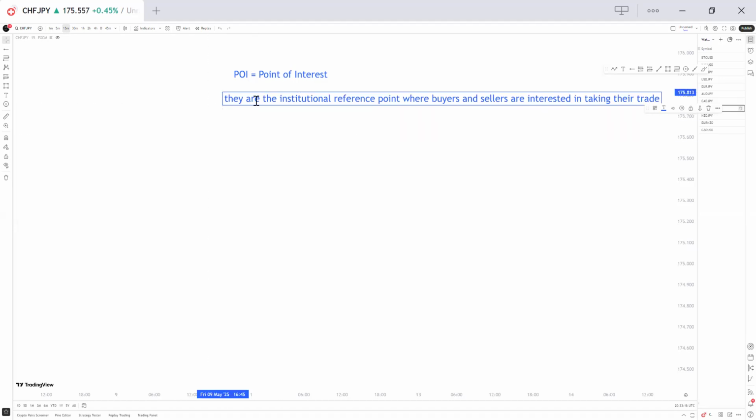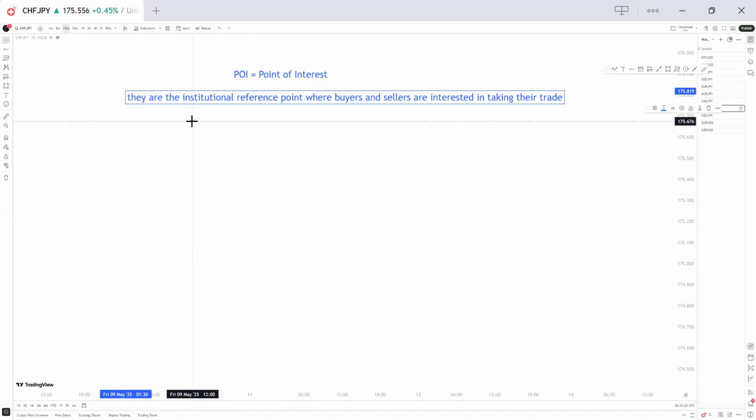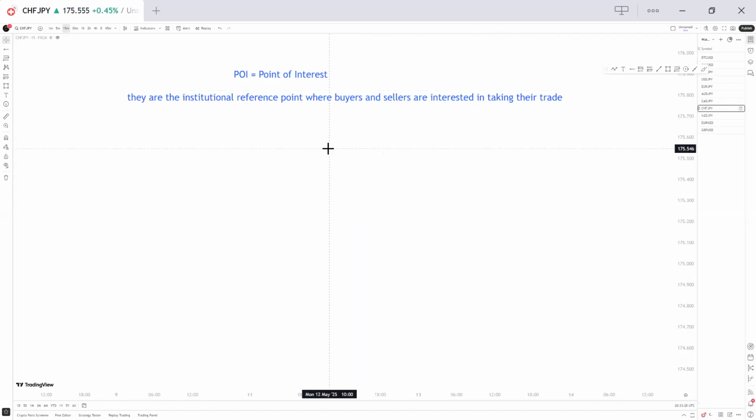That's what POI means. They are the institutional reference point where buyers and sellers are interested in taking their trade. So now, after you analyze your chart, after you mark the buy side liquidity, sell side liquidity,